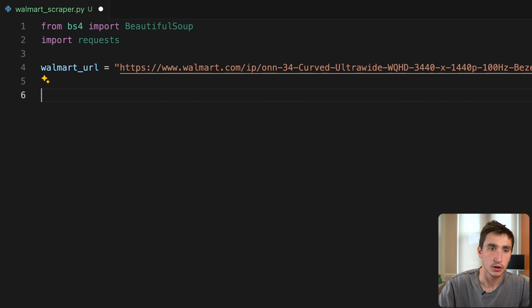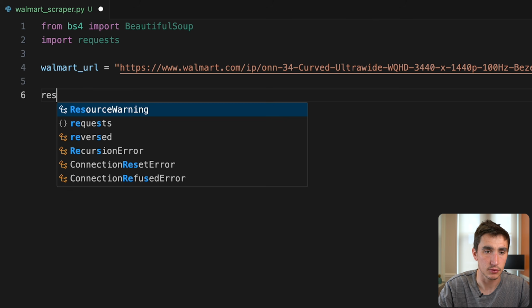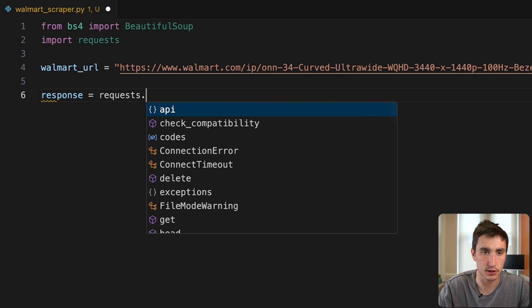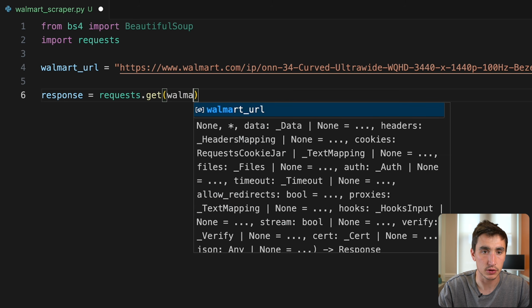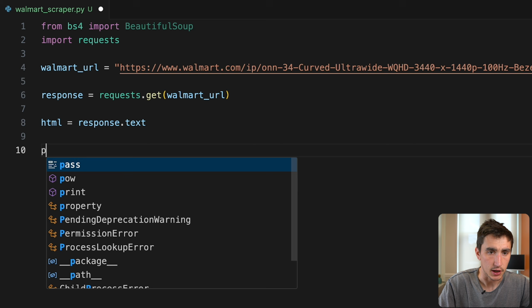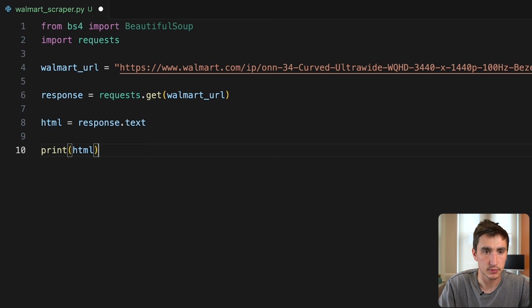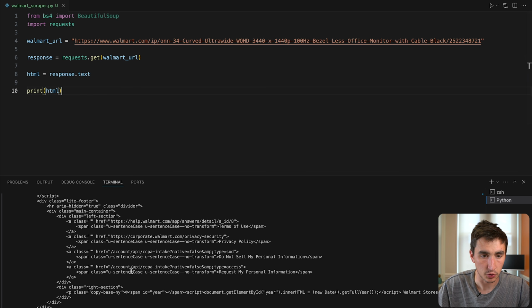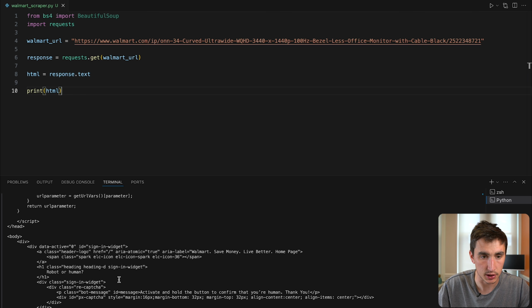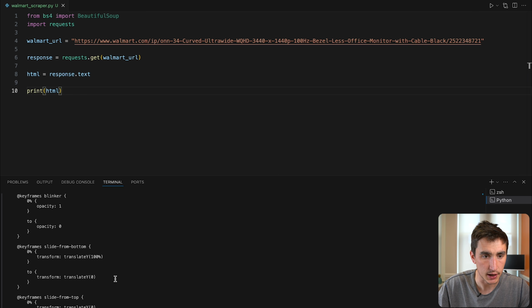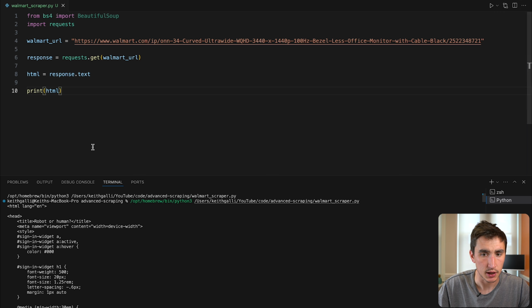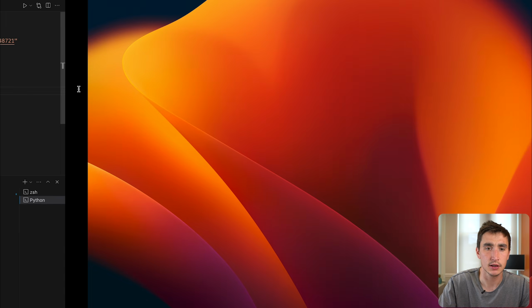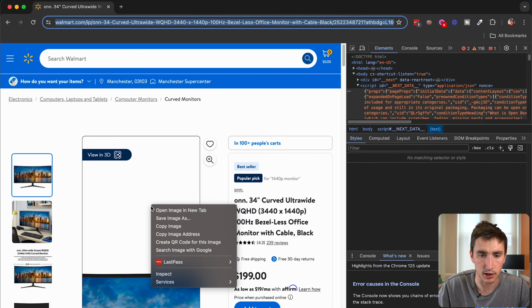And then we'll want to get that. So response equals requests.get, pass in a URL, and we'll print out that HTML. Okay, so let's go ahead and do that. Cool, we get the HTML. And the next thing we'll want to do is get specifically that next data tag so we can start looking at what's in that. So if we look at our web page again, I inspect this